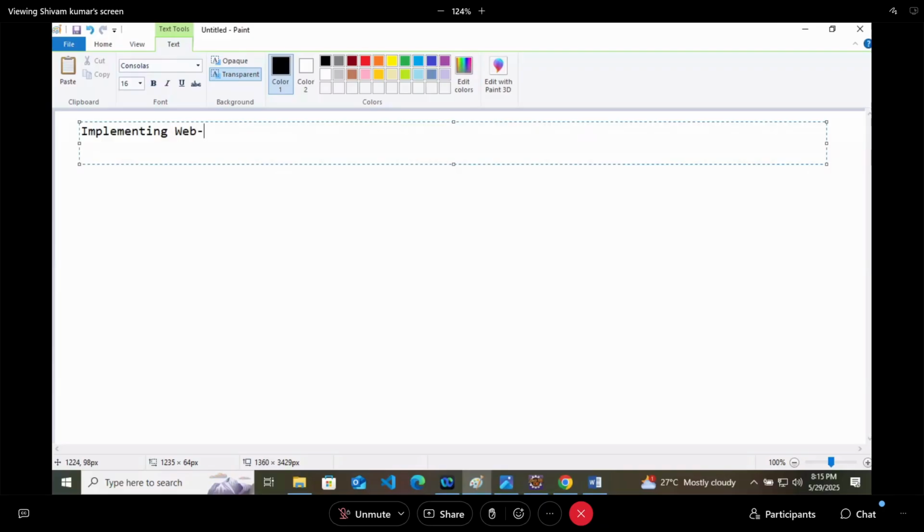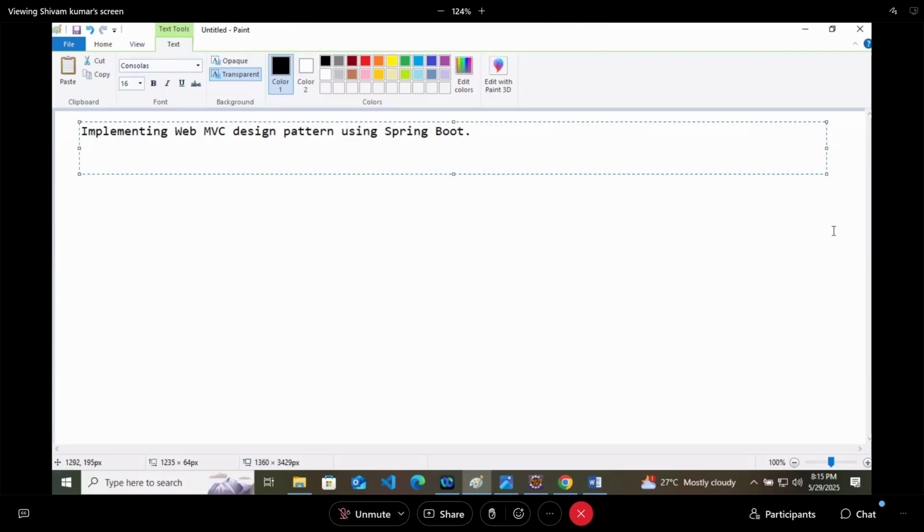So follow the steps only and it will become very easy. Step 1: create a simple Spring Boot project by adding the dependency of Spring Web. Like this, simple.